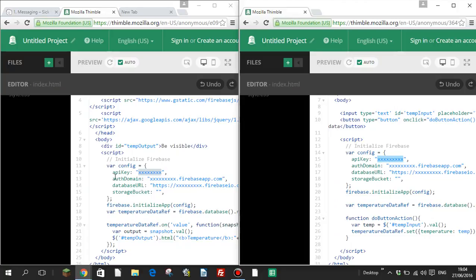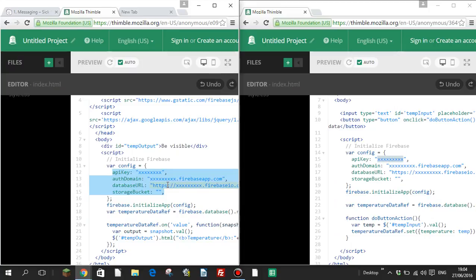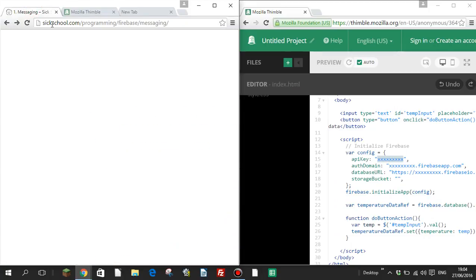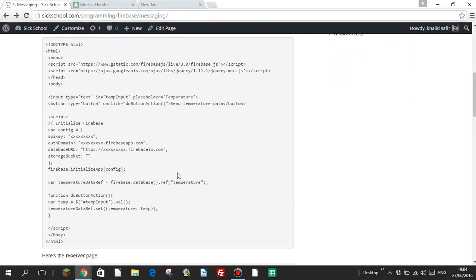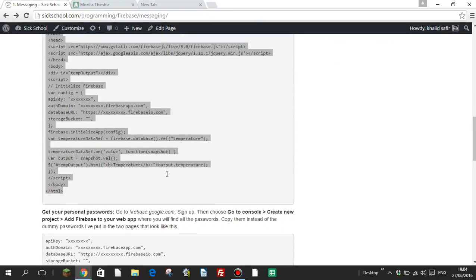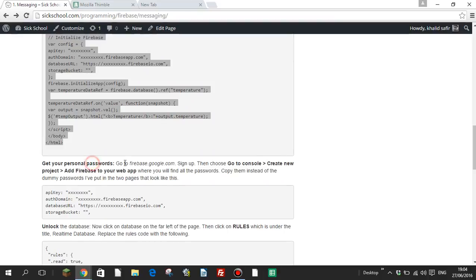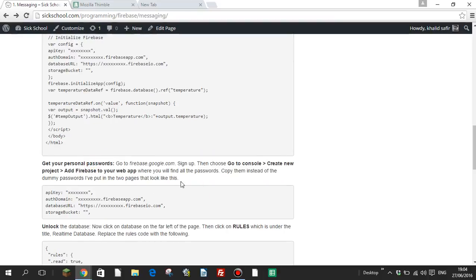So how do I get these passwords and stuff? Basically, let's go back to my tutorial. Once I've copy-pasted the code for both of the pages, let's get my password. How do I do it? I just click on